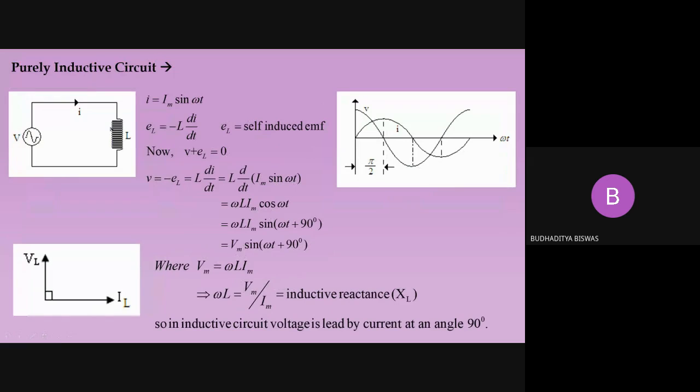Coming to the next one, the purely inductive circuit. What will be the phase difference in a purely inductive circuit? Here, the voltage across the inductor VL leads the current through the inductor by an angle of 90 degrees for pure inductance. So you see that this is the IL axis and the VL axis is placed 90 degrees anti-clockwise from IL, and 90 degrees anti-clockwise means it is leading. How much leading? 90 degrees. In this figure it is also clear. When the current is starting from the origin, you see the voltage becomes maximum. So the voltage is starting from here. So the voltage is 90 degrees leading the current through the inductor.